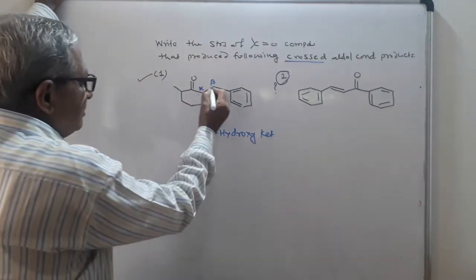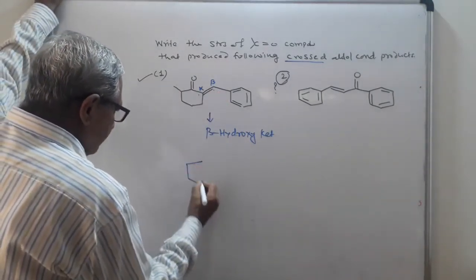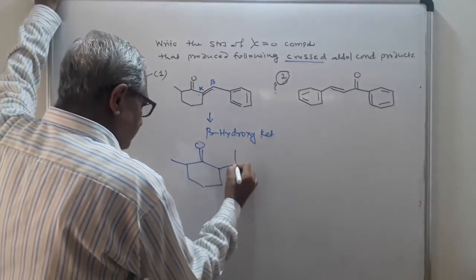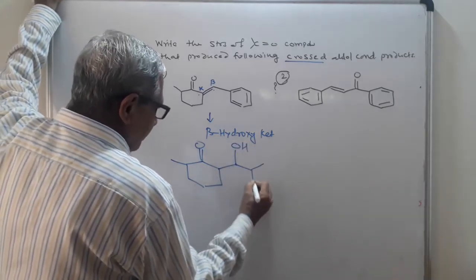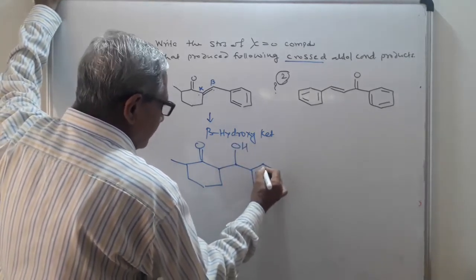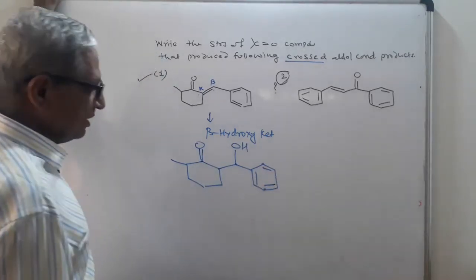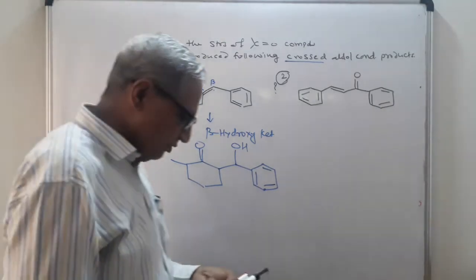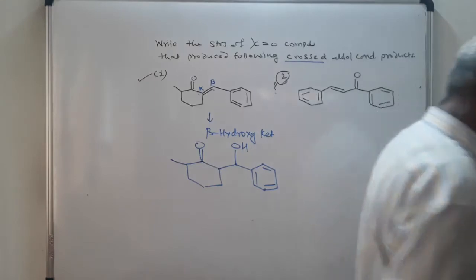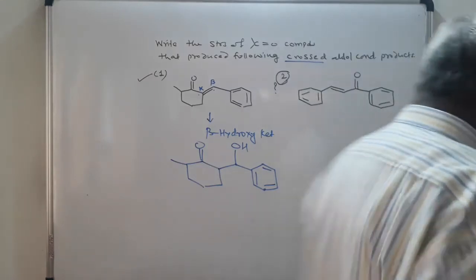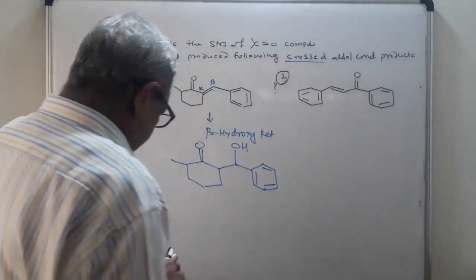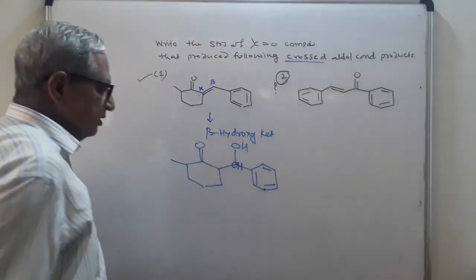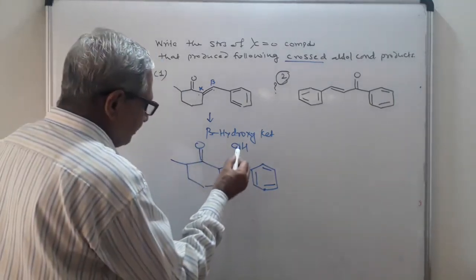See, this is your alpha carbon, this is your beta carbon. That will be converted to the single bond. This is C double bond O. Here is the OH group, and then here the benzene ring with alternate double bonds. This is a beta hydroxy ketone. Now see, it will be formed by the combination of one molecule of aldehyde and one molecule of ketone. Remember that here is the CH group, carbon hydrogen group. So you can combine this one in this way.